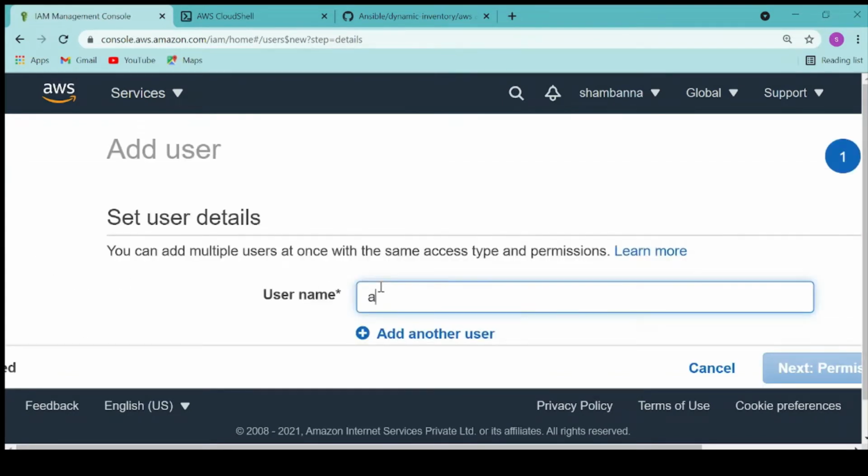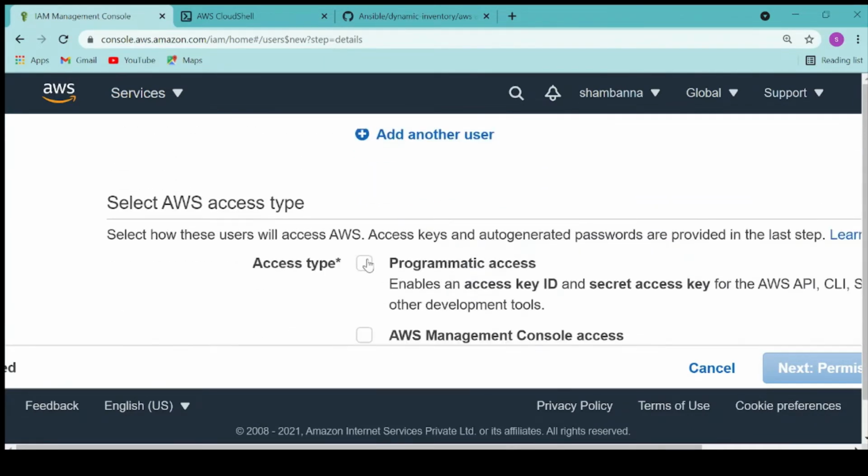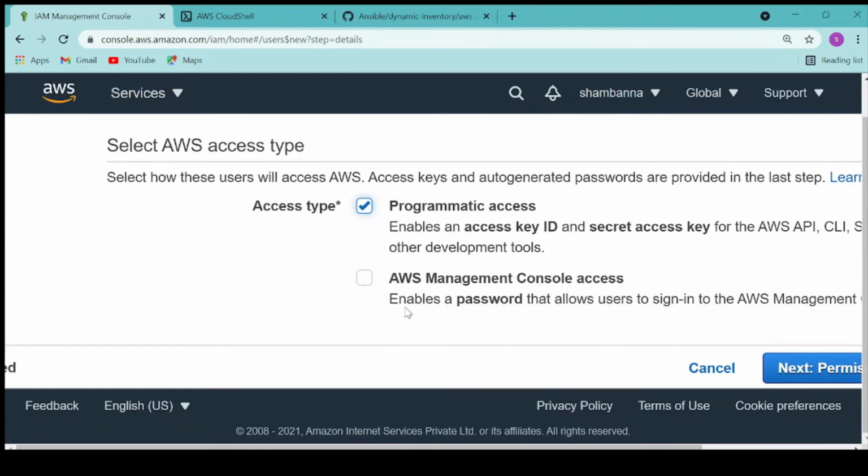For the name I will use Ansible. This is programmatic access. If you are giving access to a person, we give them access to the management console, or else if it is an API and all, then we use this kind of account.